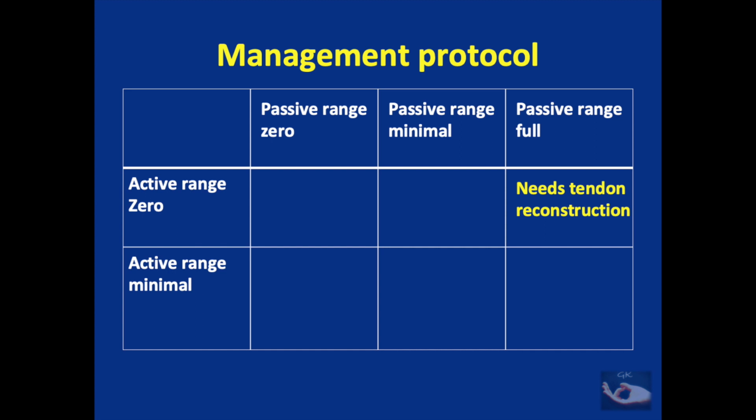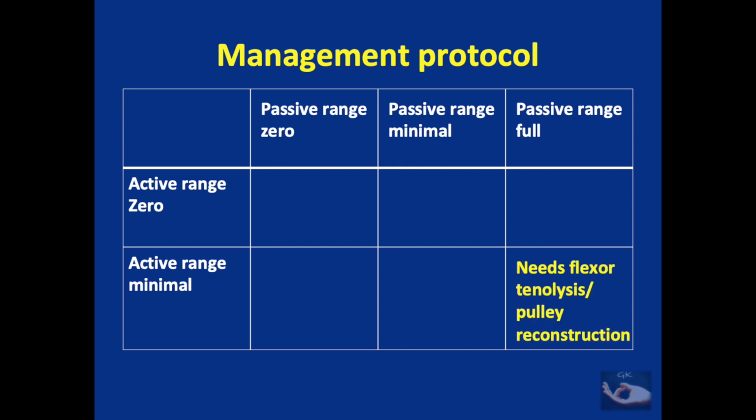If there is no active range of movement but the passive range has become full, it needs tendon reconstruction again, as the repaired or reconstructed tendon is not working. However, if the passive range is full but there is a minimal active range, it means that there are adhesions or the pulleys are deficient. So it needs flexor tenodesis or pulley reconstruction. As in this patient who had a full passive range but reduced active range, she was found to have adhesions